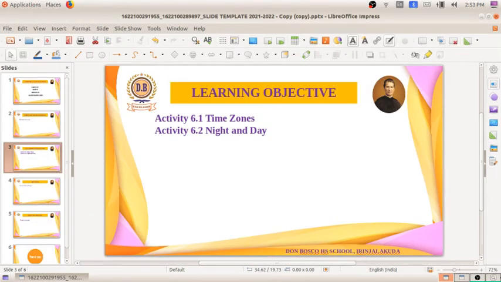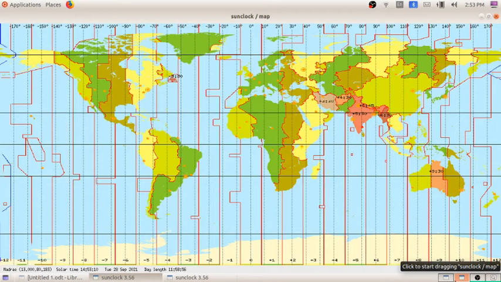So this much I will be discussing in this session. Almost it is time now. When we do that activity, it will take more time. So before doing the activity, we have to keep in mind how to know the sunrise and sunset of each country or each state. In the next activity, we will be discussing the sunrise and sunset, position of the sun, and day length of each place by locating in the Sun Clock software.